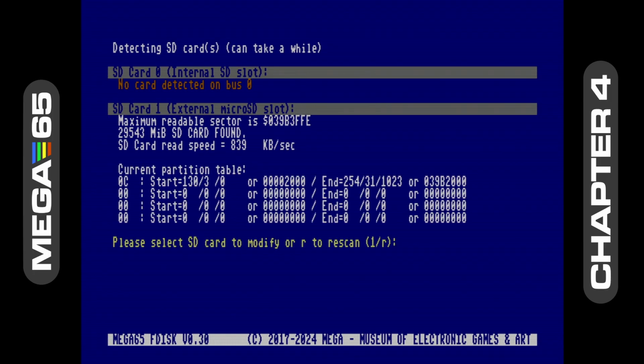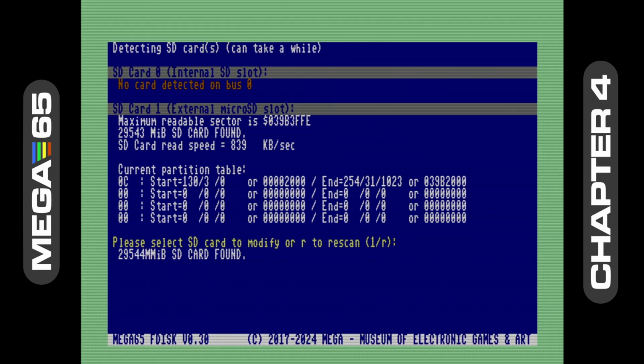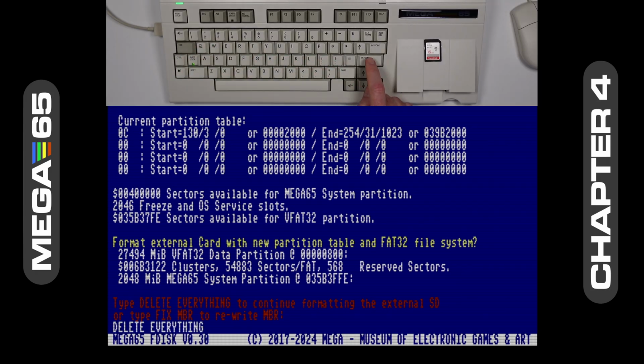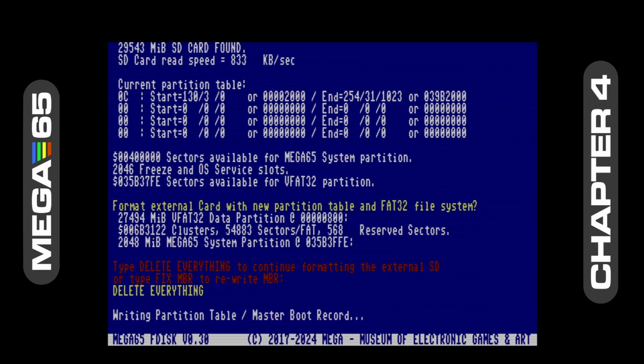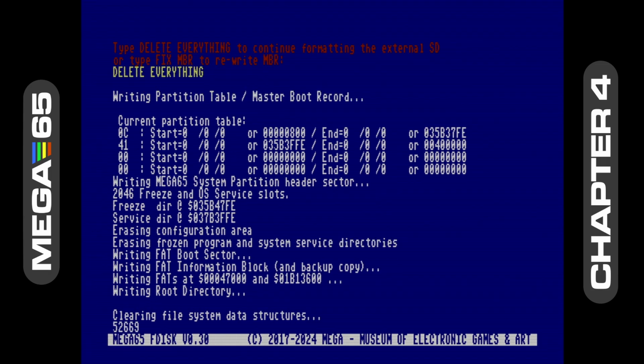Choose a card slot, 0 for the internal SD card or 1 for the external micro SD card. We'll choose 1. Type delete everything, all caps, and press return. Once you press return, you're going to confirm that you're ready for that card to be erased and formatted, losing